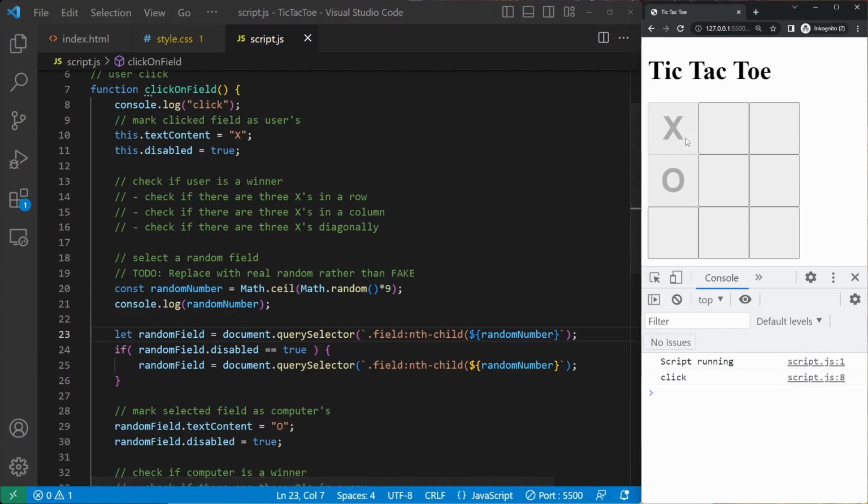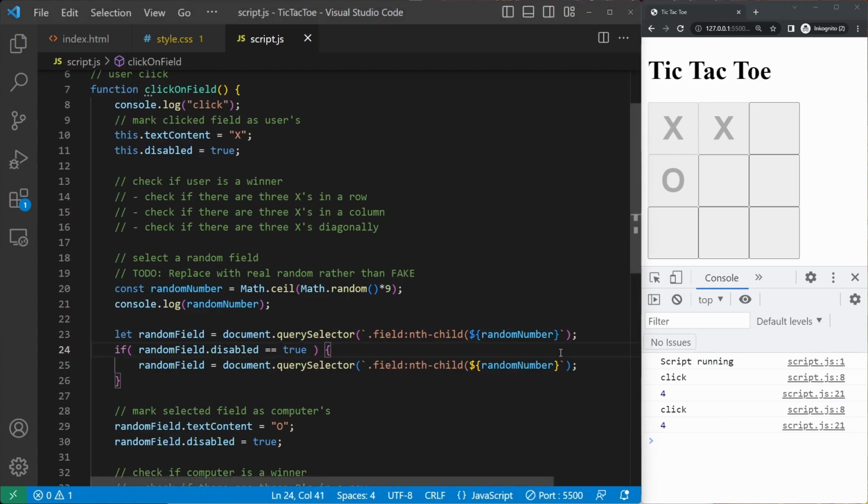So now I try. First it selects number 4. Yes. And it selects number 4 again. Let me just... because it doesn't do a random...